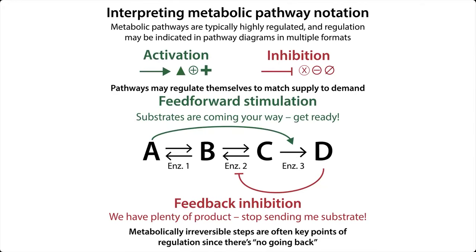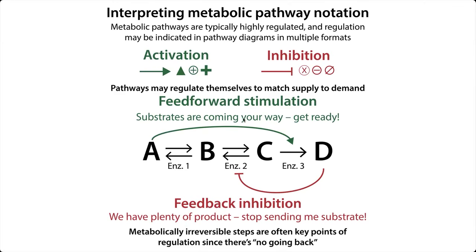When we talk about regulating the enzymes, we're often going to see these symbols used. And so we'll see a lot of arrows. We already kind of got used to seeing some arrows from our biosignaling pathways. Activation, you're typically going to see things like green arrows. You might see triangles or plus signs. Inhibition, you'll see things like X's and minus signs, these kind of railroady looking signs. I don't know what you call these. And this kind of sideways T. Sometimes in red, these are indicating inhibition.